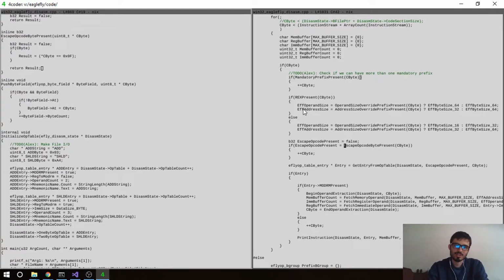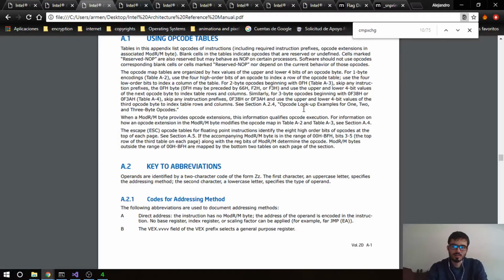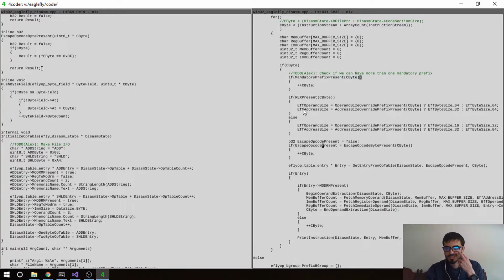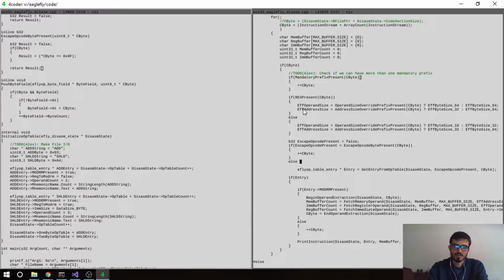That's going to tell us if we use other tables as well. So it's a combination of them. So you can just say